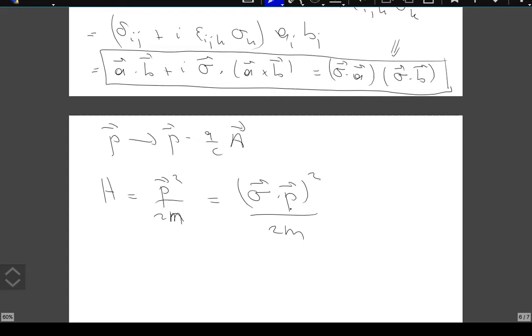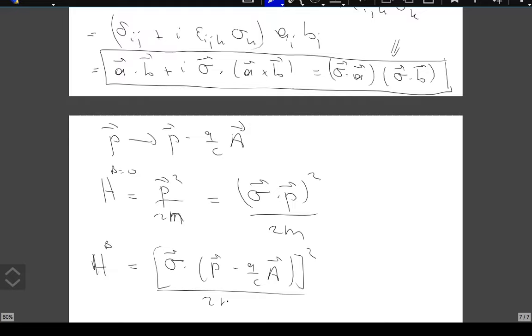Now I can use my prescription to describe the interaction with the magnetic field. So this is for B equal to 0. If this is the correct prescription, for a magnetic field my new Hamiltonian is (sigma dot (p minus q over c A)) squared over 2m,